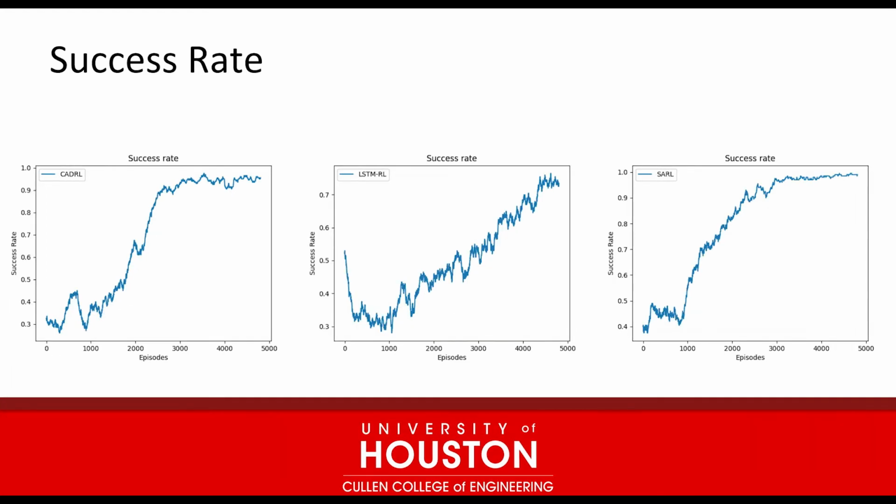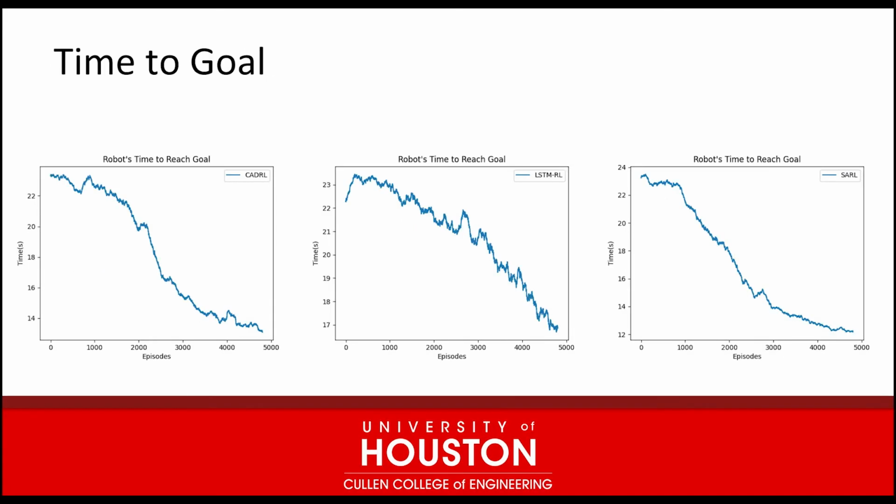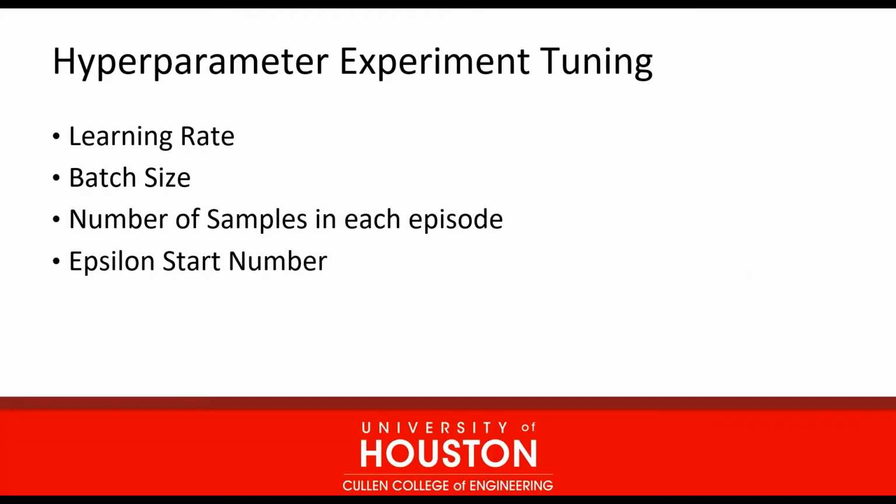As you can see, SARL has a smoother success rate overall, while with collision rate, it's able to get closer to 0 as it approaches 5,000 episodes. And with the robot's time to reach the goal, SARL is the only model that is able to get close to 12 seconds. So as part of our experiment, we did hyperparameter tuning, and we played around with learning